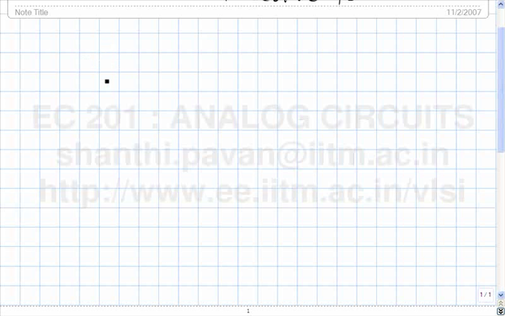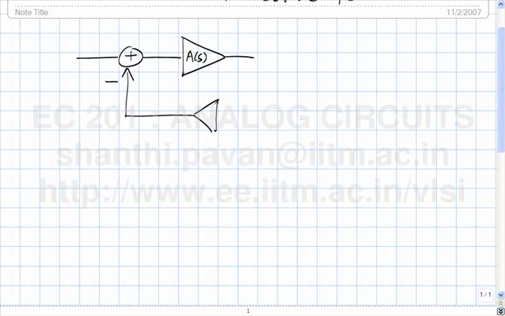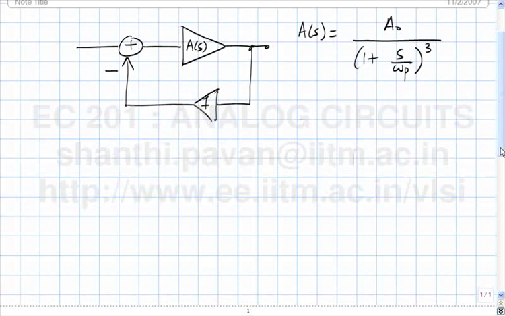Yesterday we were looking at the closed loop properties of a feedback system where the forward amplifier is a 3-pole design. So A of S was of the form A naught divided by 1 plus S by omega P the whole cube, and we were trying to find where the roots of the closed loop system lie,